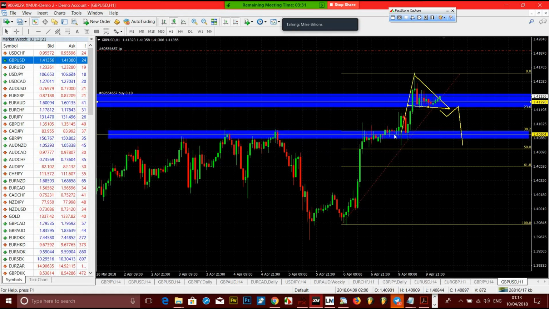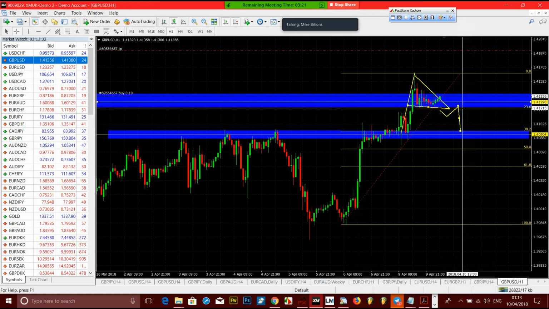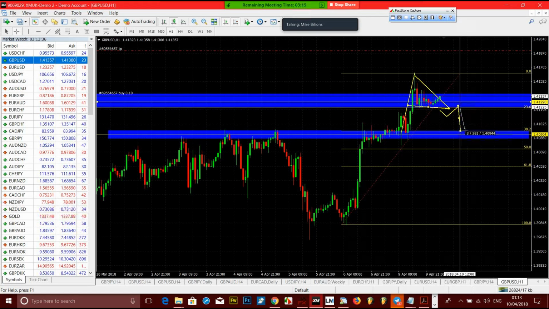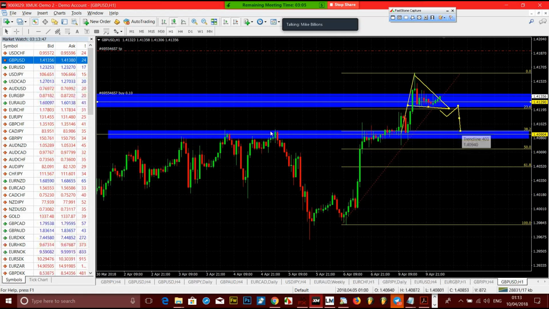Why? Because you see a whole lot of reaction here. If you look left, you see reactions. So once I see the market approaching this, it might just be 20 or 30 pips, but it's fine. It's the reaction. So I see that and I jump in. How many pips? Yeah, 28 pips. I have to acknowledge it. Either I move my stop loss in, or I just get out of the market and wait for what it's going to do. Now, I don't like this because the area is too choppy.